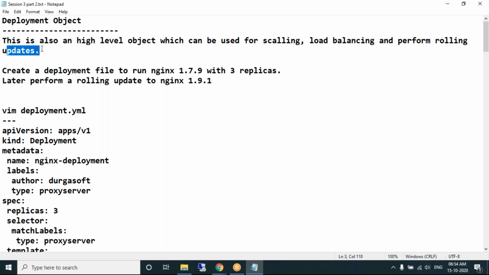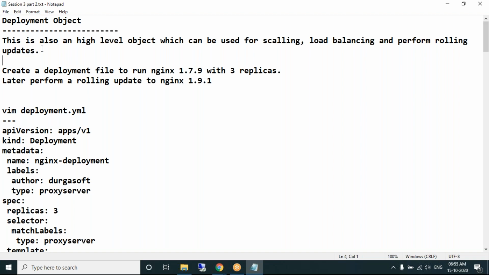Rolling updates. Okay, say you want to move from one Tomcat version to another version; you can do it using the deployment object. So how can we perform rolling updates? Let's try to understand with an example. The deployment object has three functionalities: scaling, load balancing, and rolling updates.